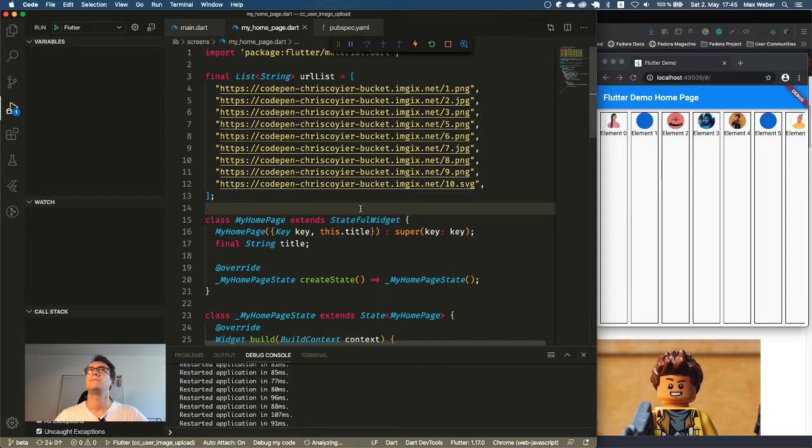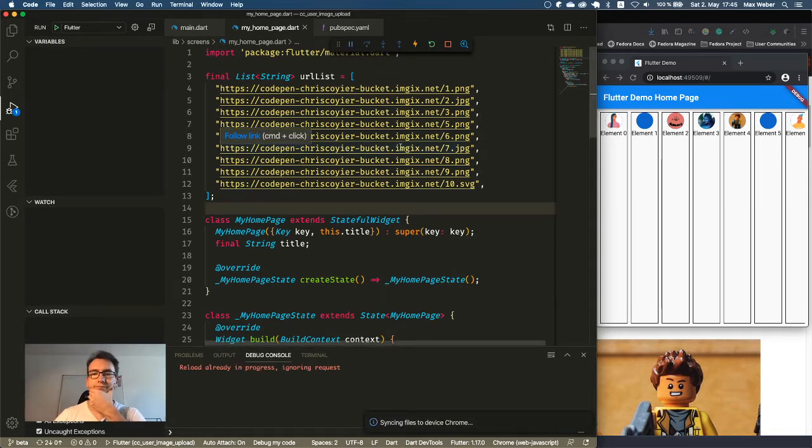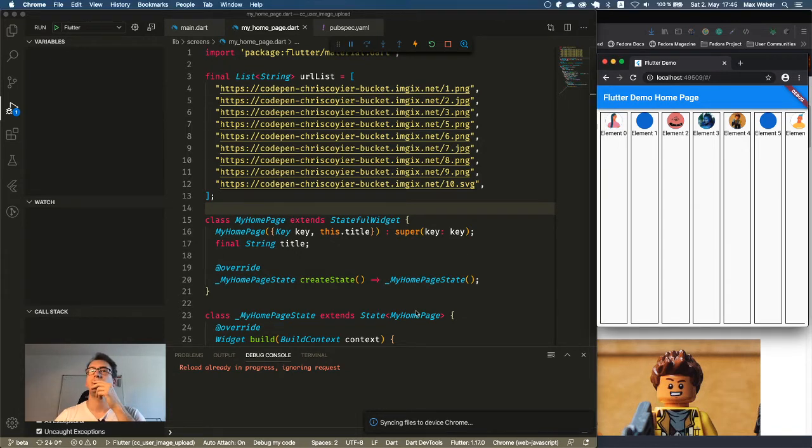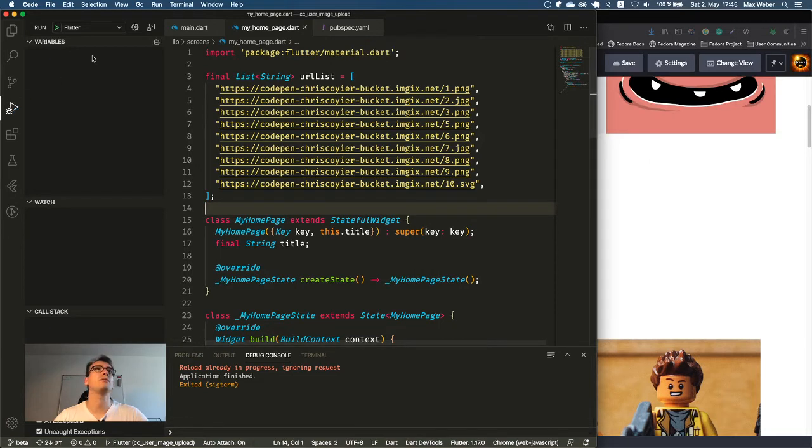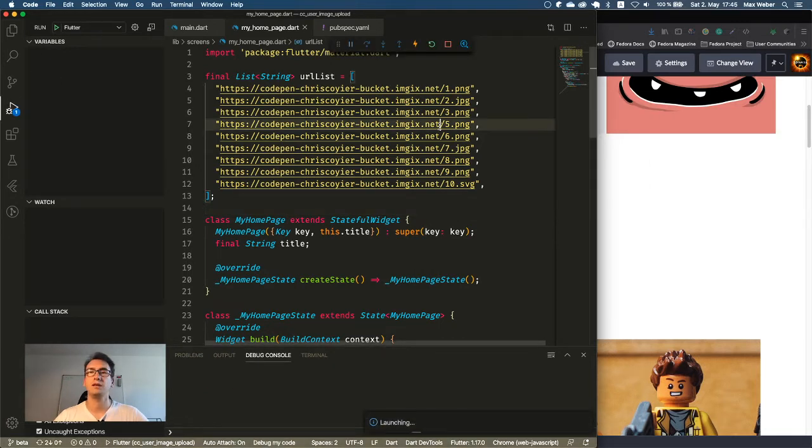Hot reload. Okay, so I think we died again, so we restart the whole thing. As I said, working with the web is still a bit work in progress, so we can have these problems with hot reload and reload.